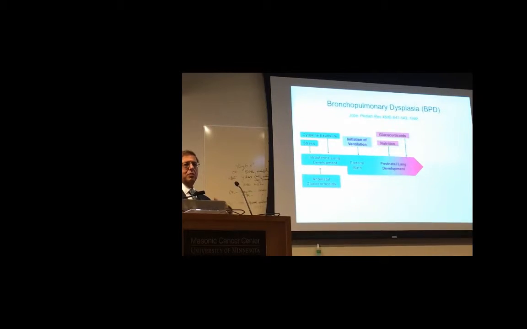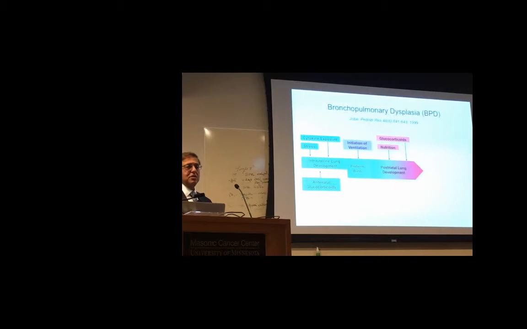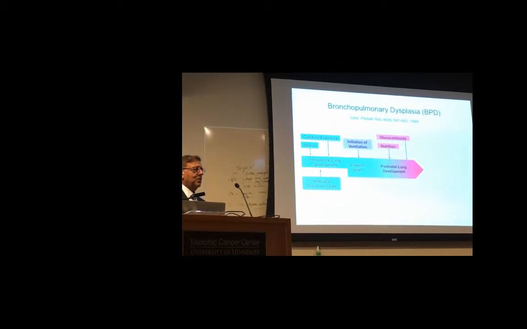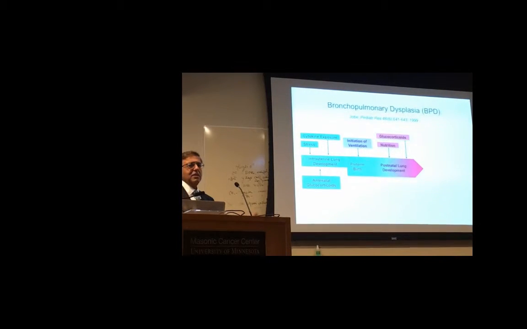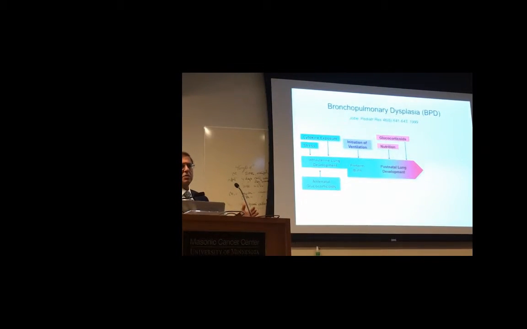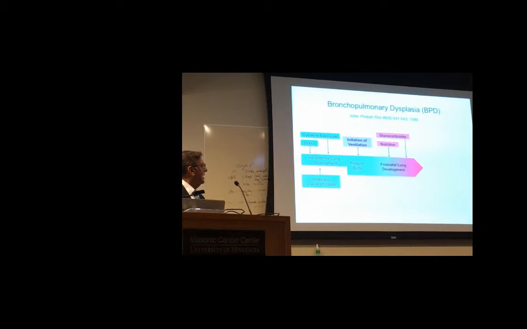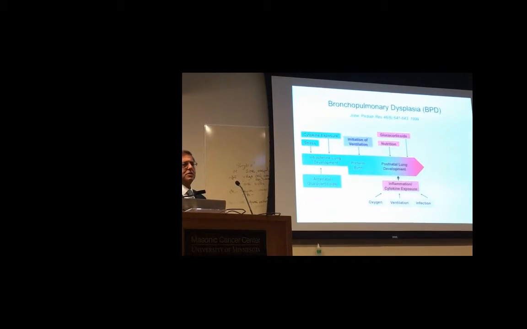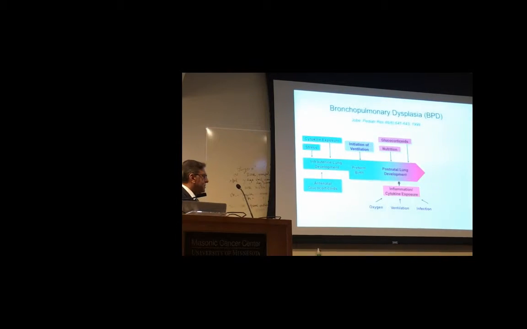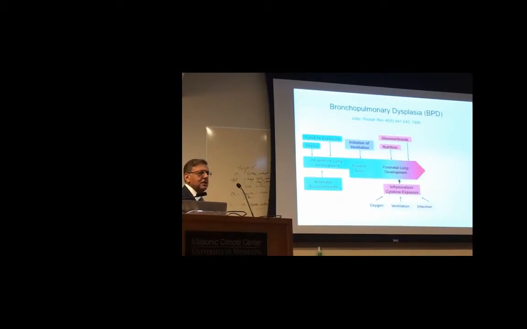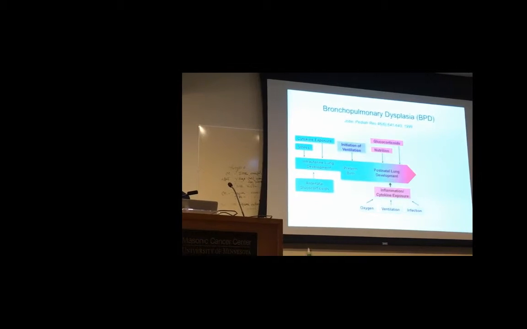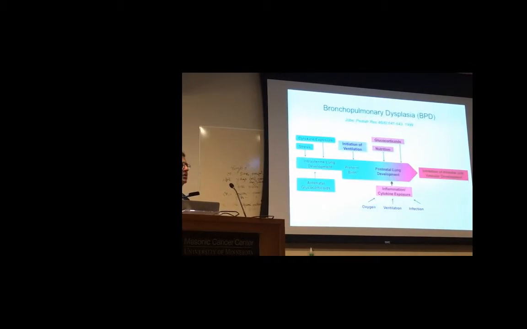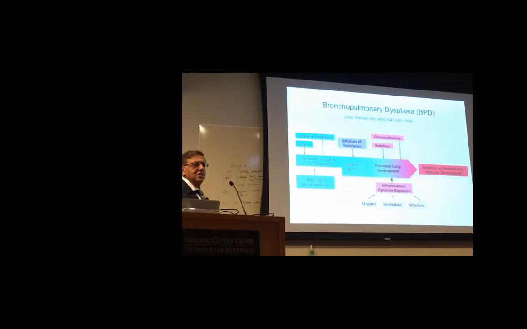I grew up in the era where we gave corticosteroids galore to try and get the inflammatory response controlled. We ended up knocking their IQs down by a significant portion in doing that. We don't do this anymore. And of course, the second hit of inflammation and cytokines happens with the exposure to oxygen, ventilation, and infection, which these babies are also prone to. Now you get the end result, which is bronchopulmonary dysplasia, where you get inhibition of alveolar and vascular development